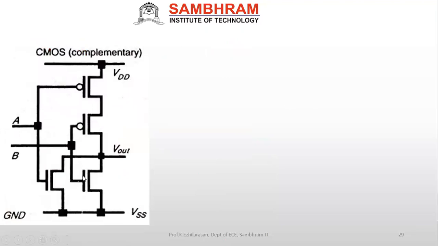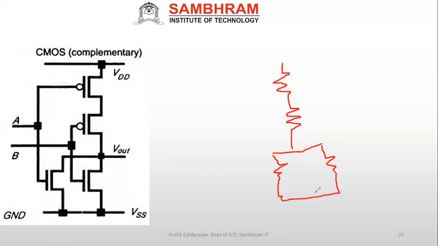Same even here, how will it be? So the structure will be like this, correct? Resistor, here also it will be a resistor. Then here one resistor, here one resistor. So we'll have the VSS here. Then this will be your VDD. Then we'll have the output, right? We'll take it from here. This is our output. We have the load capacitance here.